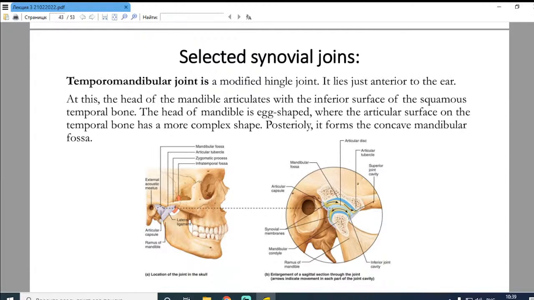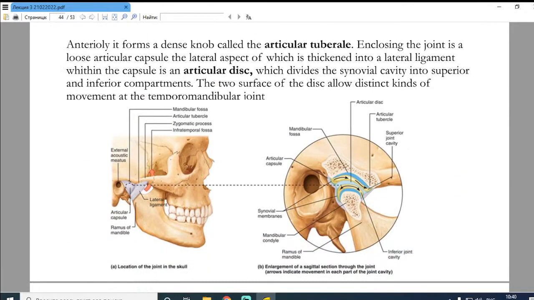The temporal bone has a more complex shape. Posteriorly, it forms the concave mandibular fossa. What you see: mandibular fossa, articular tubercle, and the zygomatic process of the temporal bone. Anteriorly, it forms a dense knob called the articular tubercle. Enclosing the joint is a loose articular